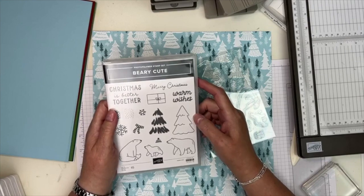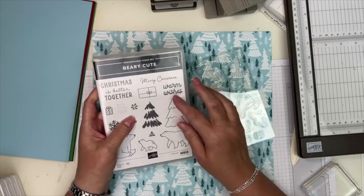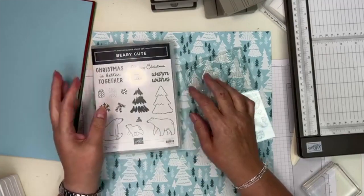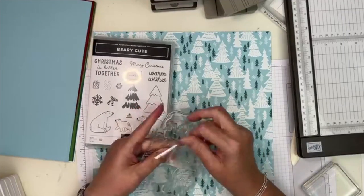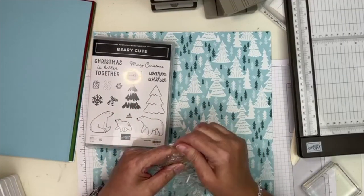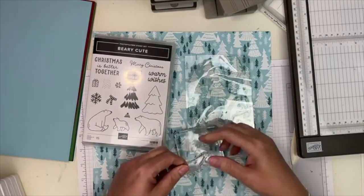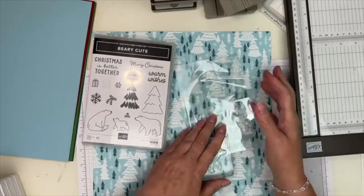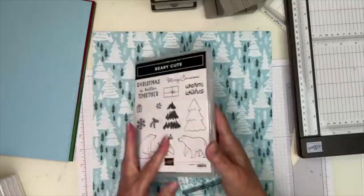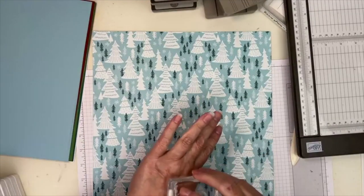That's actually pretty cute, and I like the tree, the 2-step tree. You could leave the tree like this, and I was just thinking it would be nice if I had Wink of Stella nearby. I don't know if I do. So we're just gonna wing it. I'm gonna mount the bear that goes with the punch to get started. Again, no plans, people. You're catching me